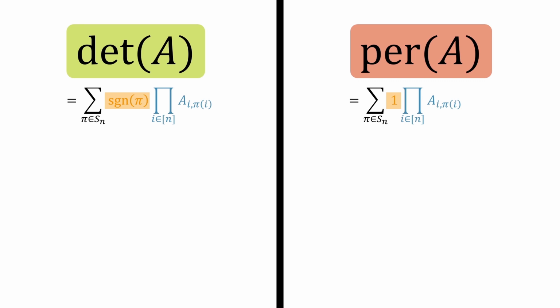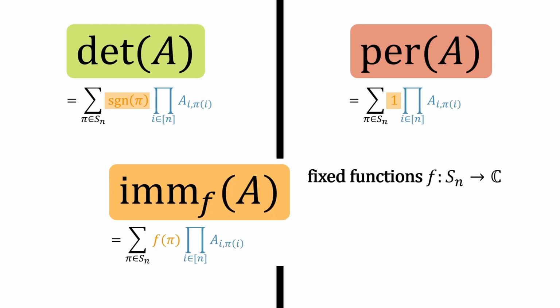As you can see, the determinant and permanent are defined in a similar way. They only differ in how we weight permutations. Here we have the sign function, and here we have the trivial all-one function. So why don't we just look at general functions for weighting permutations and study the objects that come out? Maybe the sign and the all-one function aren't that special in the end. So let's do the obvious thing, fix a function f from permutations into some field, and then define a determinant permanentish object where permutations are weighted by f.